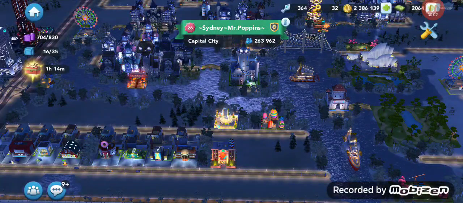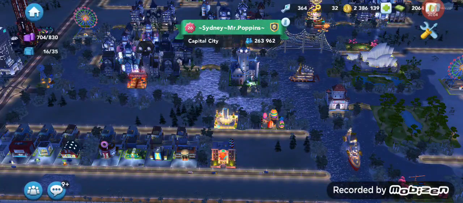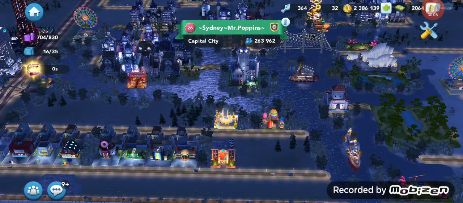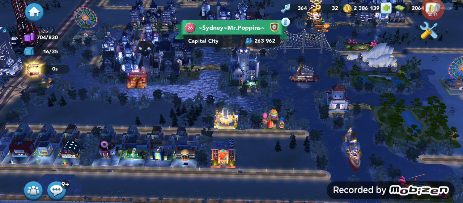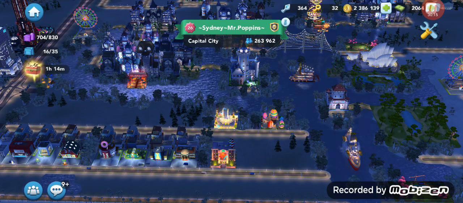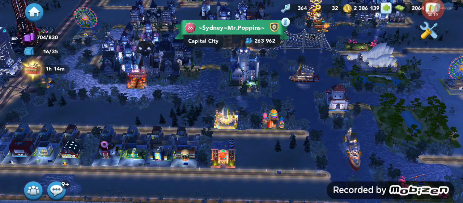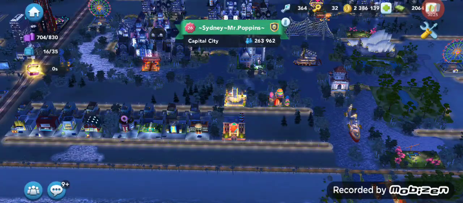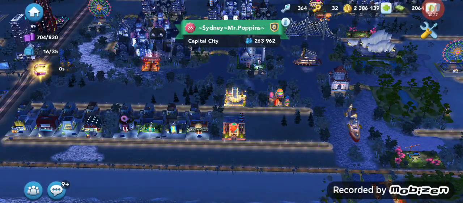He will need to figure out what he's going to do with his shops, but I think with his map, what would look good would be if he was to do the same thing with his shops that he's doing with his houses and put trees and water around them, and then maybe do something right here in the center as the main attraction. I don't know what specifically, but